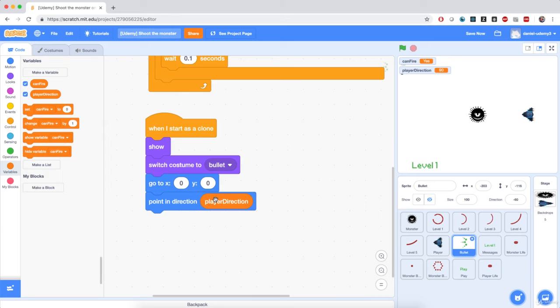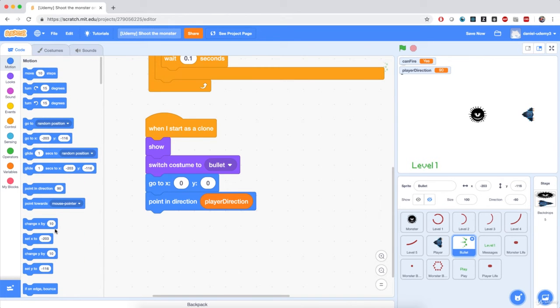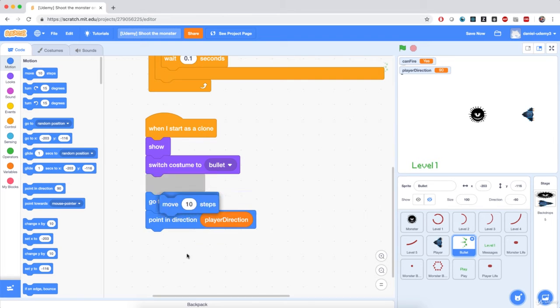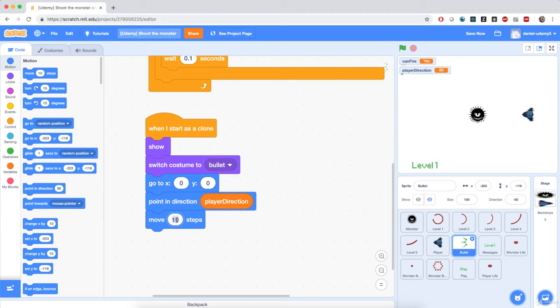player direction. Then, after pointing the bullet in that direction, I'm going to move a number of steps in that direction. So I'm going to go to motion again, and I'm going to move a number of steps. And I'm going to move 130 steps. So right around where the ship is going to get positioned. Then I will make it point towards the monster. So after moving 130 steps, then that means the bullet will always start where the ship is going to get